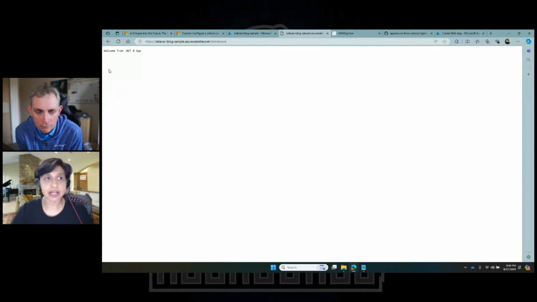And now this starts running my .NET Core app, which is running as a sidecar. So not only the fact that you can run sidecars, but now you can use different languages or different frameworks in the same web app itself. So I have a single web app which is running Nginx, which is running Python, which is running .NET Core, and even Node.js. And that's the power of sidecars.